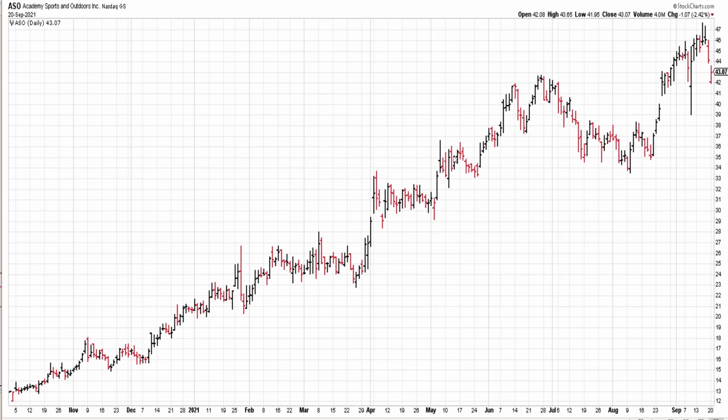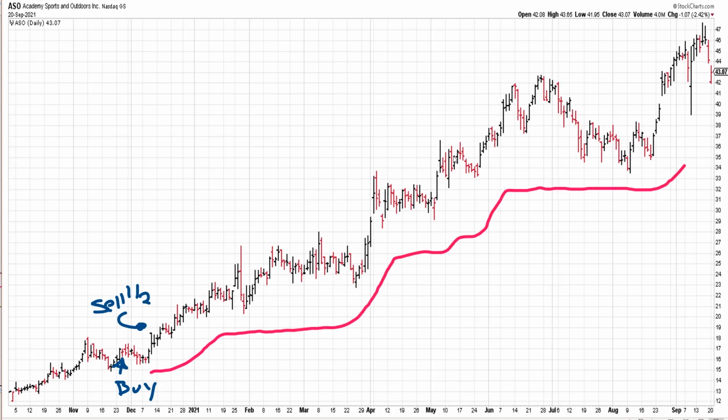Now, here's the point I want to make as far as longer-term trend following. So we bought way back here. This is Academy Sports, ASO. We sold half for a swing trade, and then we trailed the stop higher on the remainder. And again, we let that open up gradually over time. And as you can see now, it's a long, long ways away from the market. And yes, it's going to be painful when that stop is hit, but hopefully